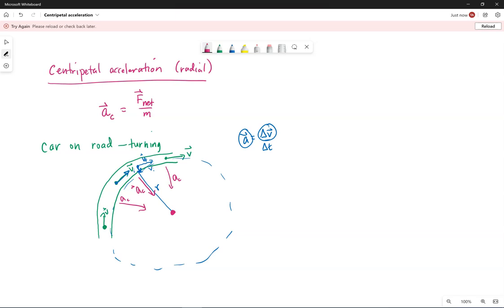In terms of forces, we have the force of static friction between the tires and the road that is not allowing the car to slide outwards. In this particular example, I'm assuming a perfectly horizontal road here. The force of static friction is what we would call the centripetal force